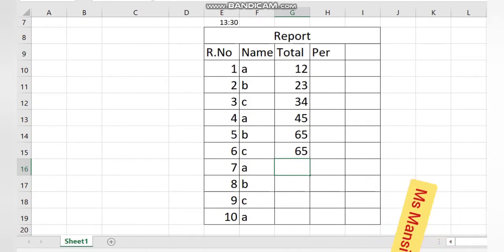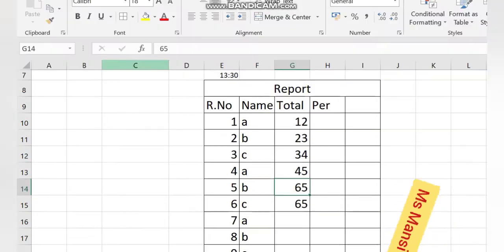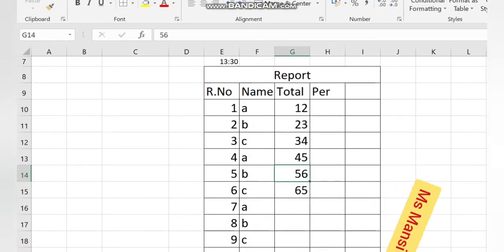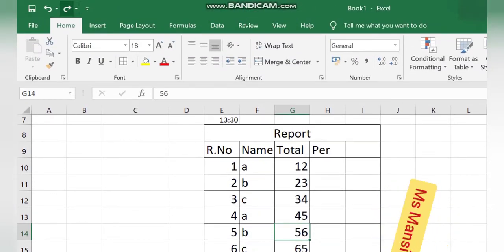So I will press the undo command here, and your 56 will come. If you press the redo command, what will come? Your 65. So press the redo button. This is the way how you will use undo and redo commands. The undo shortcut key is Control plus Z, and the redo shortcut key is Control plus Y.